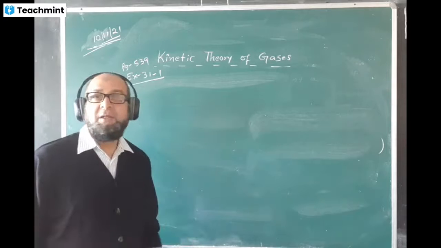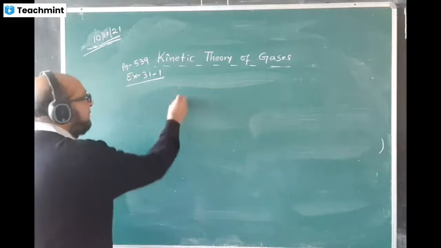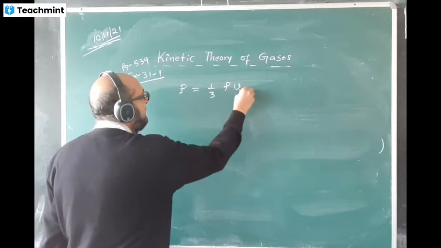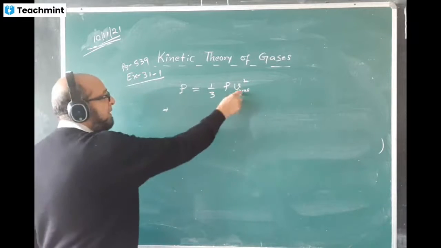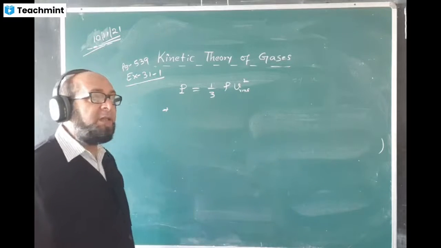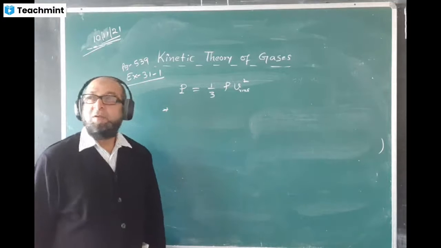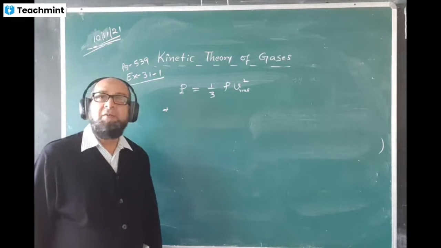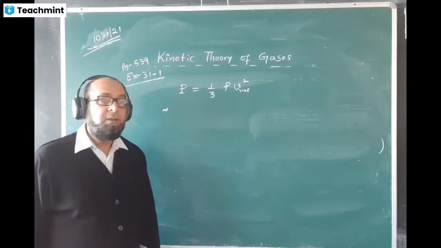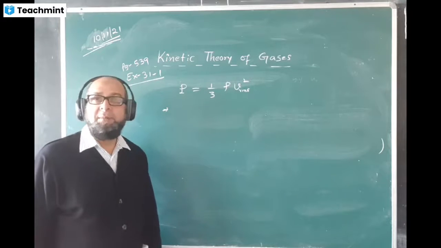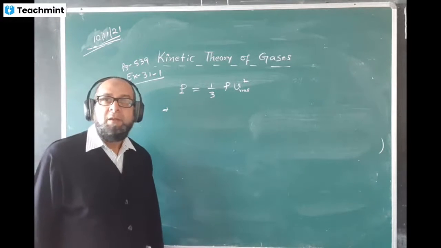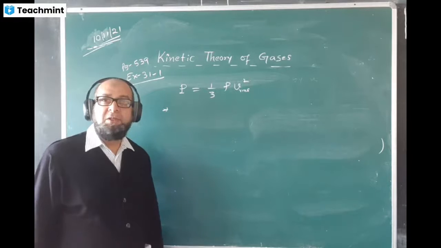Okay, you have to find RMS velocity where density is given. What formula do we have? We have the formula P is equal to 1 by 3 rho V RMS square. You have to find RMS velocity. Pressure is not given, but they're saying STP, standard pressure. The value of standard pressure is 76 centimeter of mercury. That is the meaning of normal atmospheric pressure. And when we change into Pascal, the SI unit, the value becomes 1.013 into 10 to the power of 5, by using the formula P equal to h rho g.